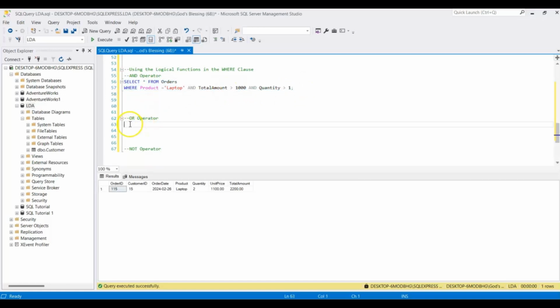For the OR operator, in this case, it will return records that meet any of the criteria. For AND, all criteria must be met for the record to be returned. For the OR operator, if any of the criteria is met, then it will return the record. So let's say I want to select from orders where the product is smartphone, or the amount is greater than 1000, or let's say greater than 500. Let's do this first. We have select all from orders